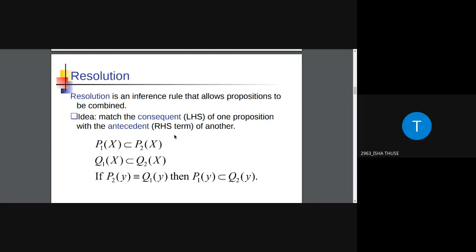Yes. So this is how we can combine two relations.